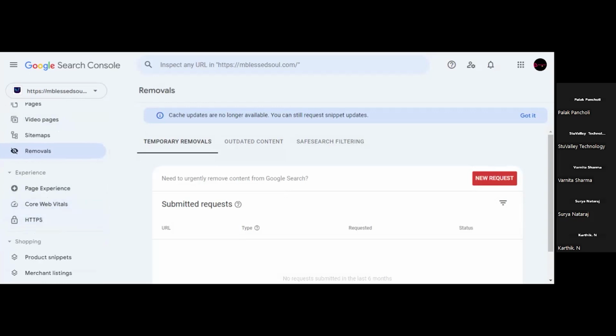What are these things? This section includes the reports on core web vitals. Core web vitals are actually the scores given to our website on the basis of user experience.